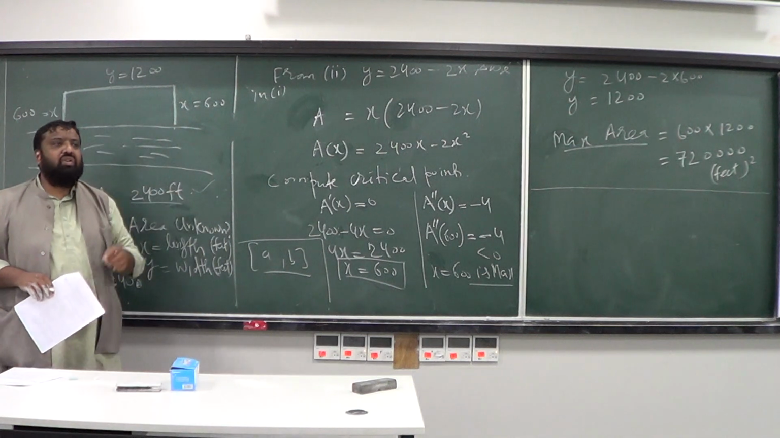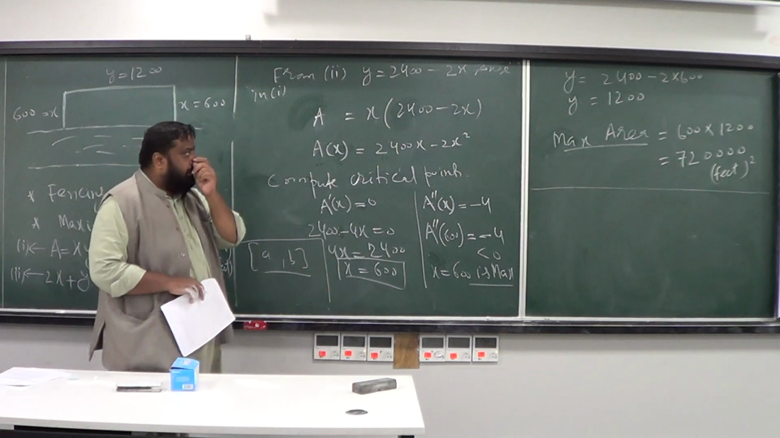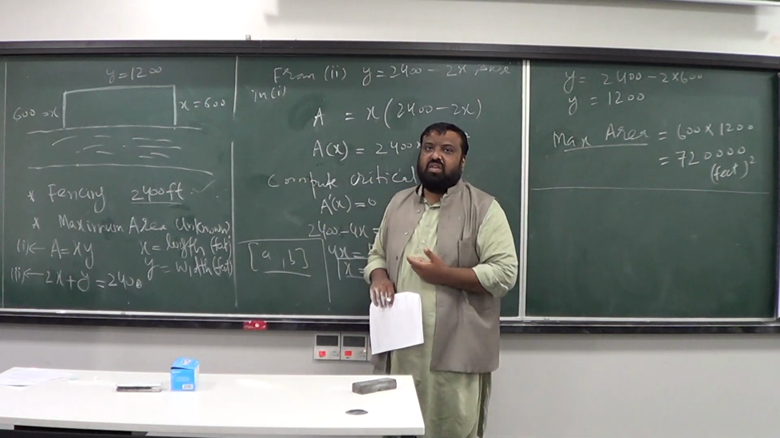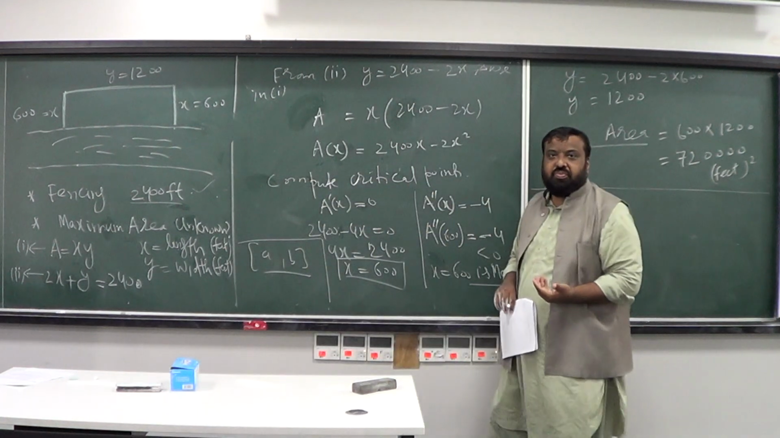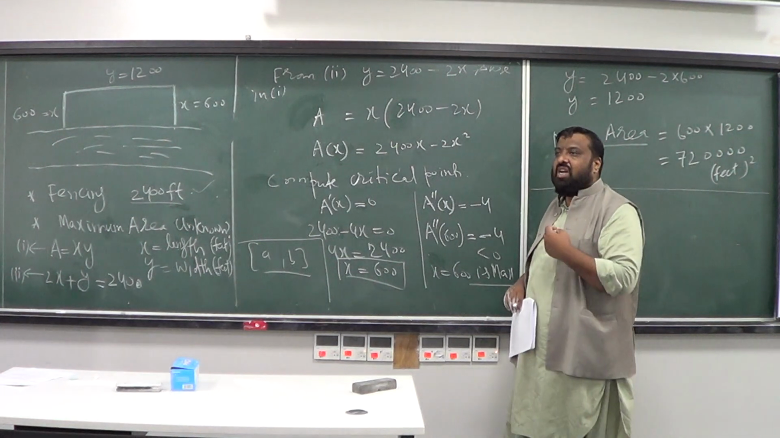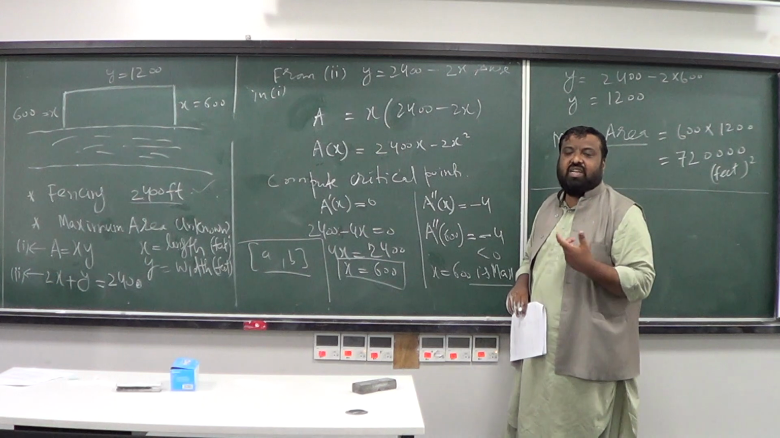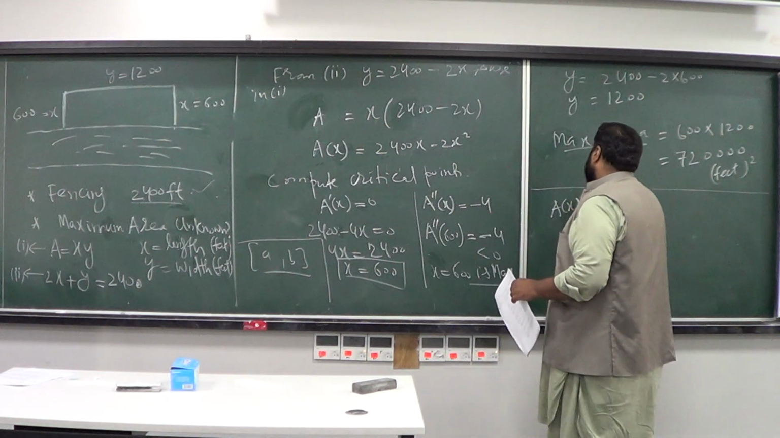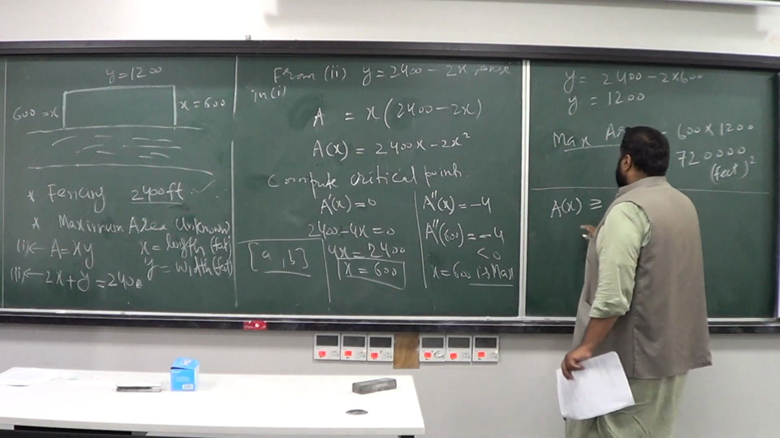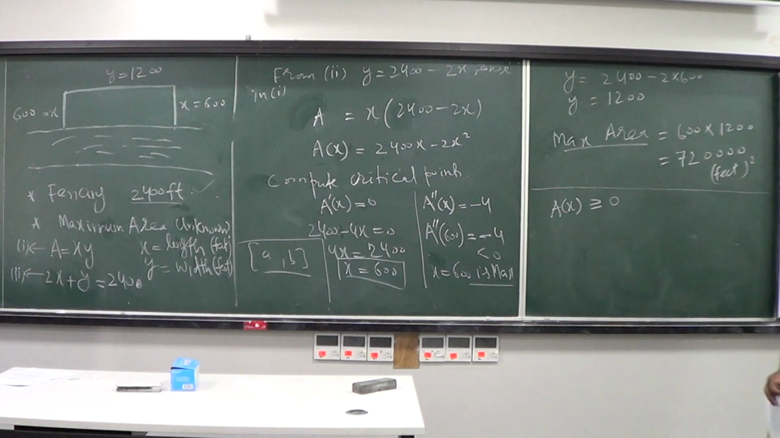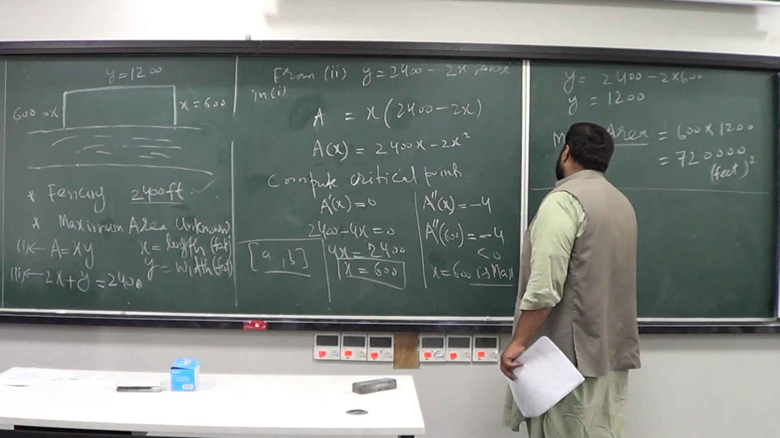Now, what is one of the basic things that an area must satisfy? An area must be non-negative. It can't be negative. You can't have a negative area. So if I assume, what is the x for which A of x is greater than or equal to 0, we can find it. And how we can find it? We can find it, for example,